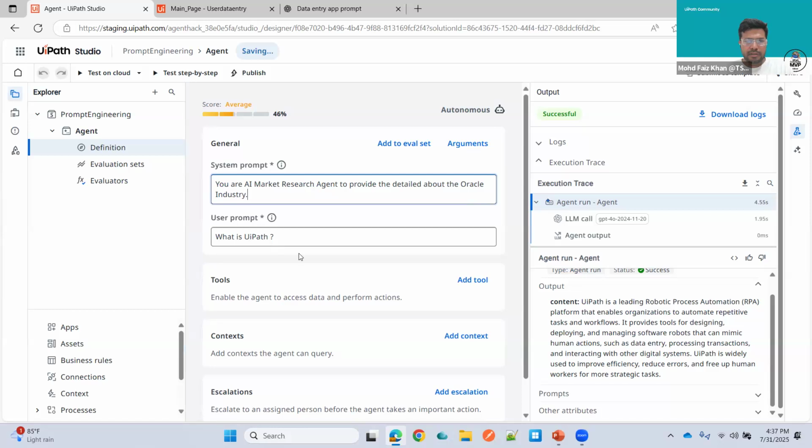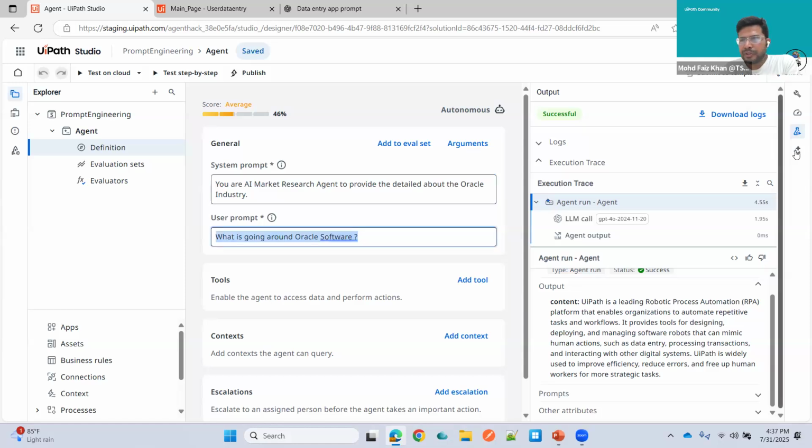Okay, let me pass: what is going on around Oracle software. So passing a one-line prompt again, and one line again.